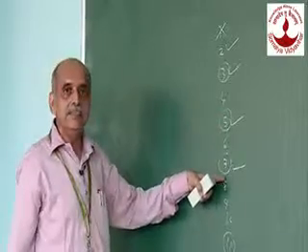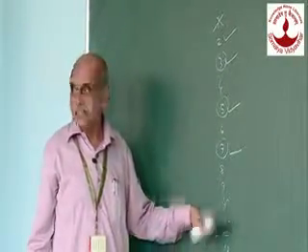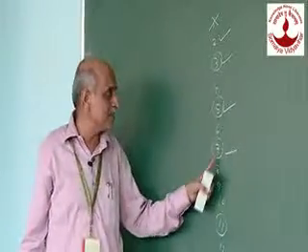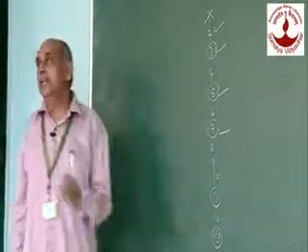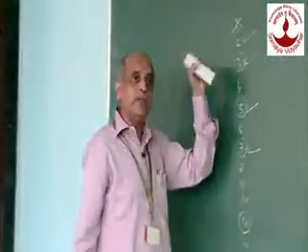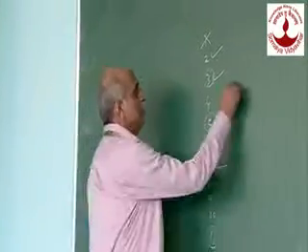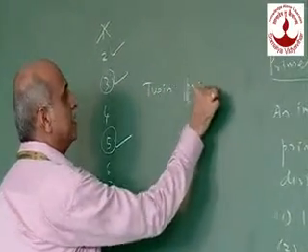5 and 7, 2. Whereas 7 and 11, because this is a sequence of primes, what is the difference? 4. And what about this difference? 2. So any two consecutive primes where the difference is 2, those primes are called twin primes. Next, we define what we mean by twin primes.